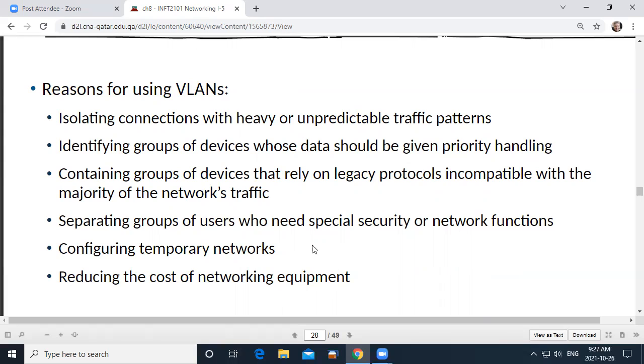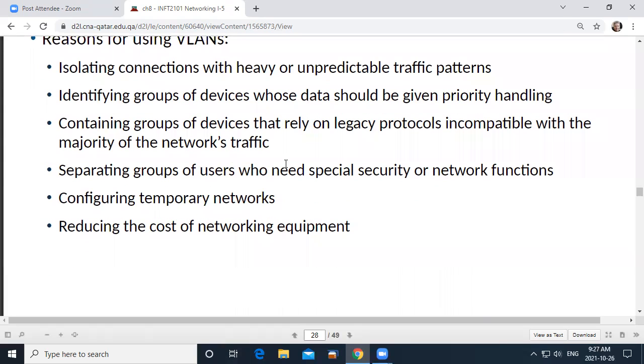Separating for security, I hope I've made that point. That seems to me to be a very important part of using VLANs, to have the admin people separated from the other people, and particularly to have the accounting people separated. Maybe you've got some protocols working on a particular server that would mess up other things happening somewhere else on the network, so you could isolate them. But the recurring thing that we see coming up again and again is we want to isolate different parts of a network from each other. And we do that using VLANs.